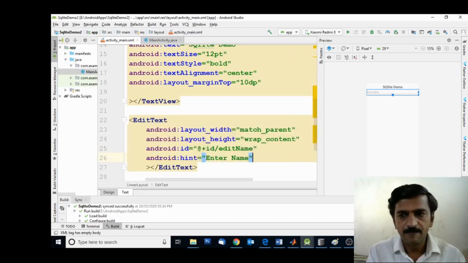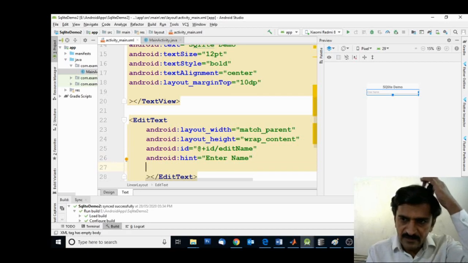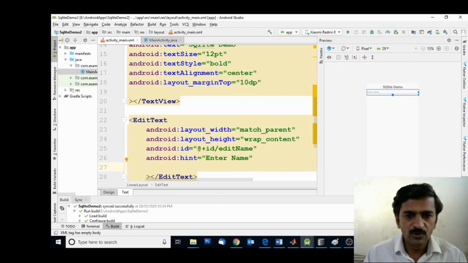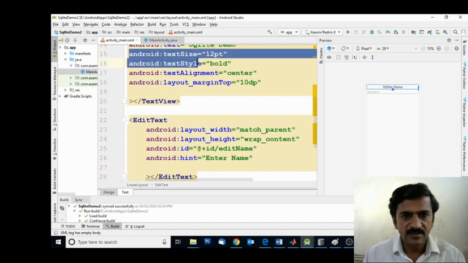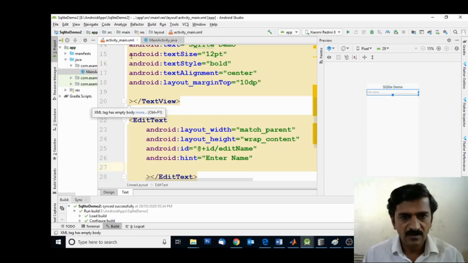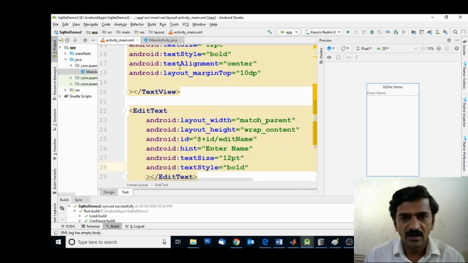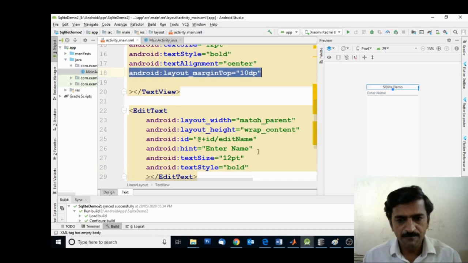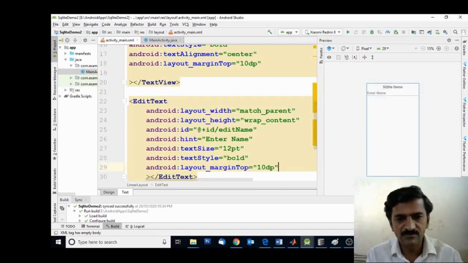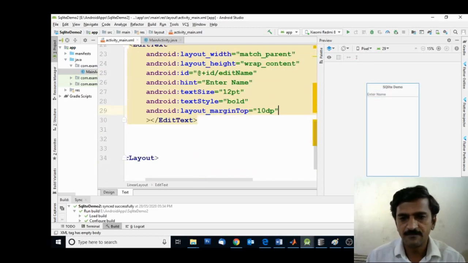Then I'm specifying the text style, so I'm simply copying these two lines and pasting here. Again I want to specify the margin to this EditText, so I'm simply copying this line, layout margin top equal to 10 dp.